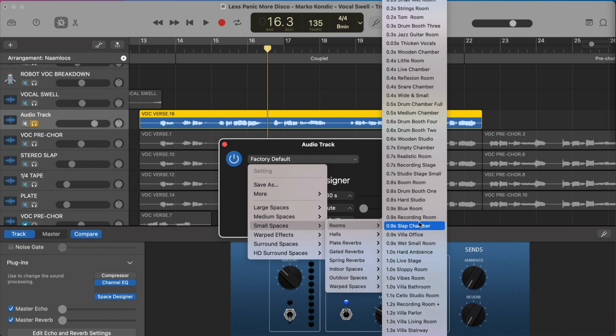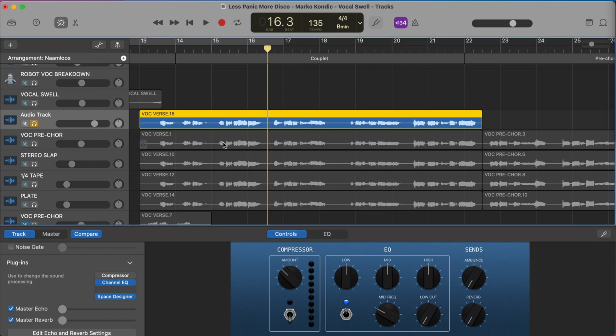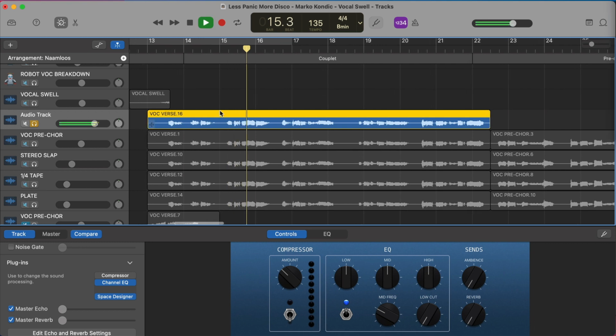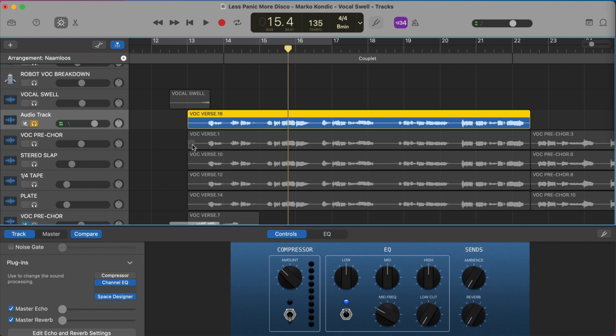So you might want to find just one of these recording rooms that's a really, really short length. So play around with the length as well. But no matter what, go ahead and mute your output. Take that all the way down to 0. And then, now that we have that on here, as you can hear, it just sounds like reverb on this track, right? So to get that reverse reverb onto this first word, what we actually need to do is flip